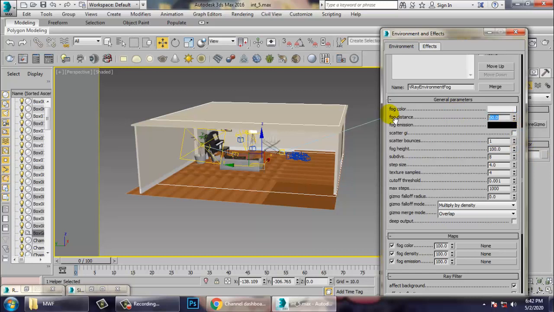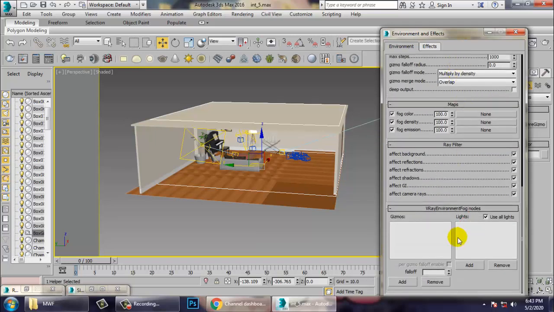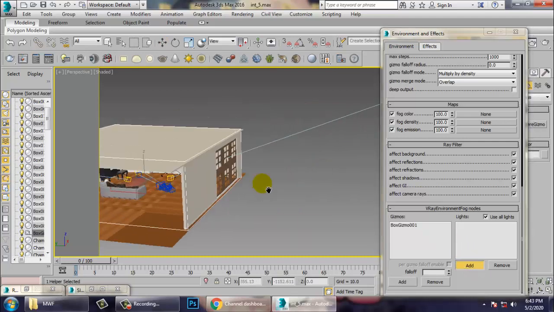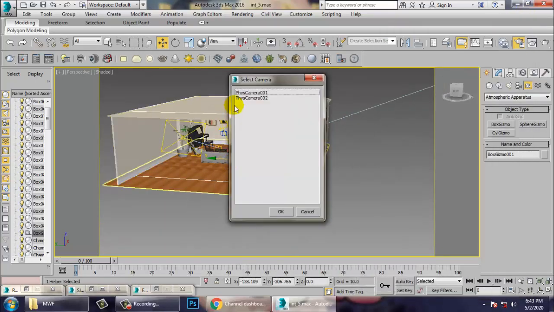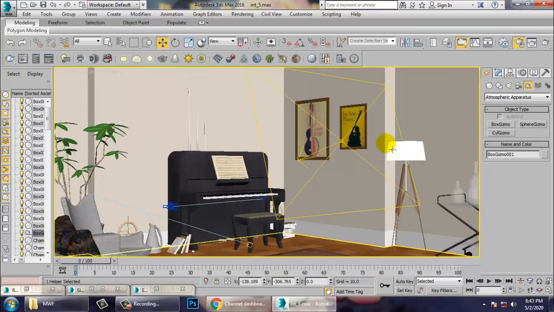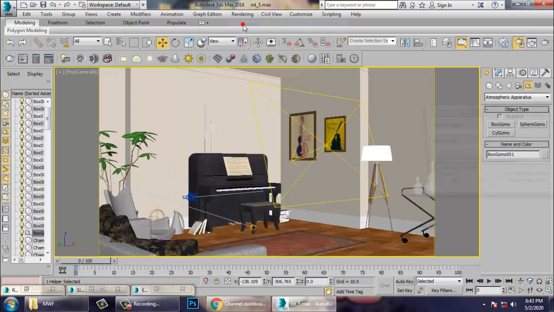Fog distance, I'll keep it as 1500 over here. Scatter, keep it as 400, scatter bounce, keep it as 1, subdivisions as 16 over here, and add this. That's it. So let's go back to this and let's render. Let's see how it looks.